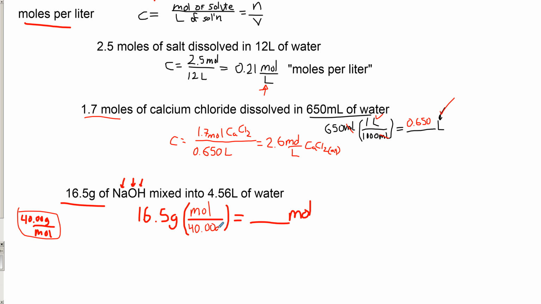So we get this cool ability where we can wipe out the unit of grams, and we can verify that our only remaining unit is moles. So now it's just a matter of dividing. So 16.5 grams divided by 40 grams per mole gives me, I'm going to type it in this time,